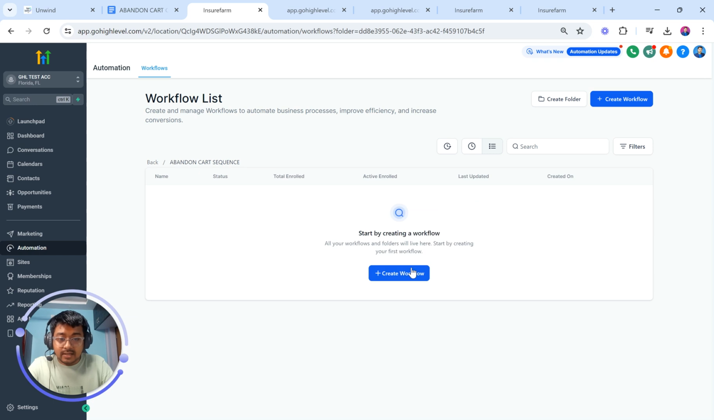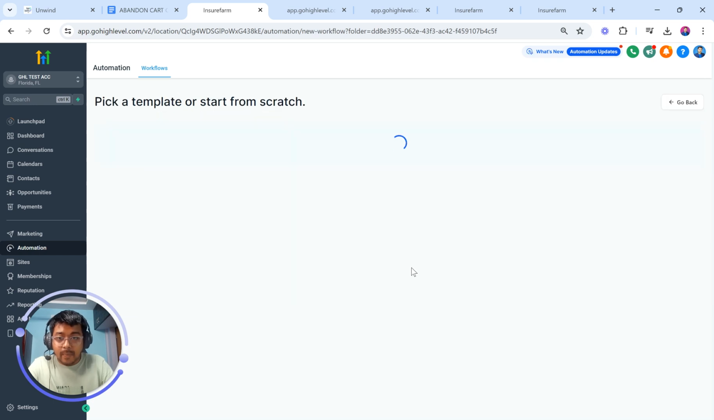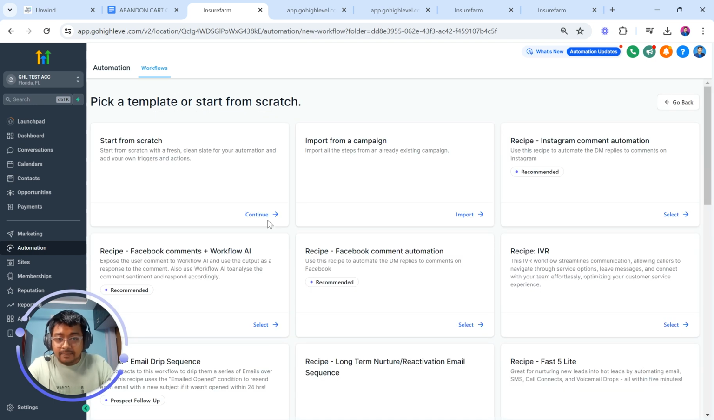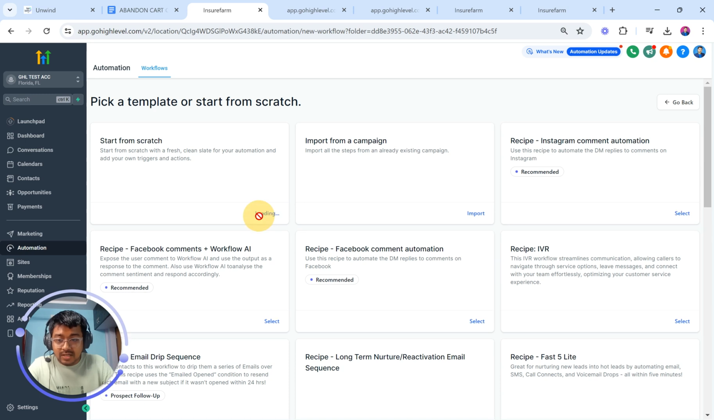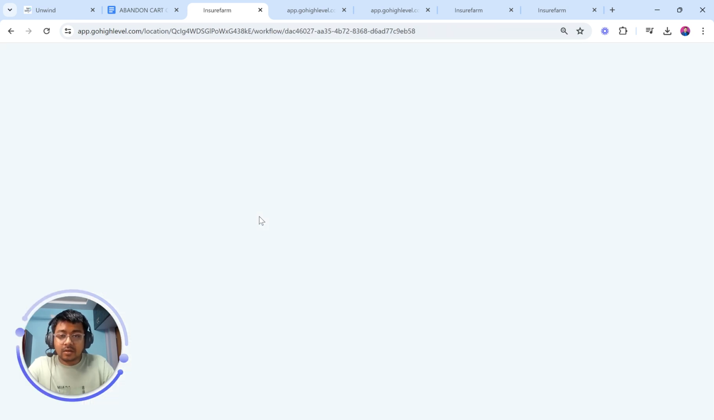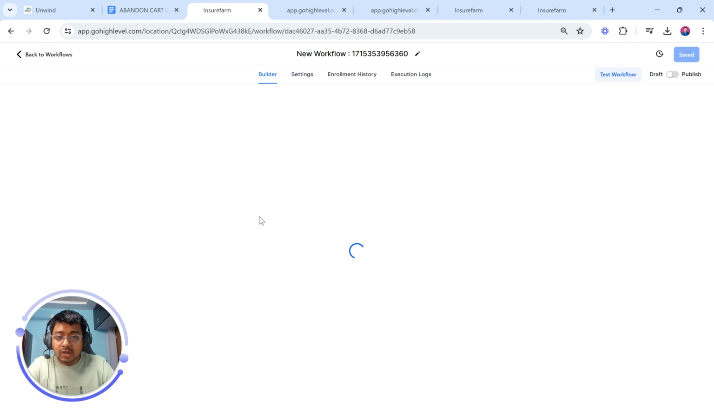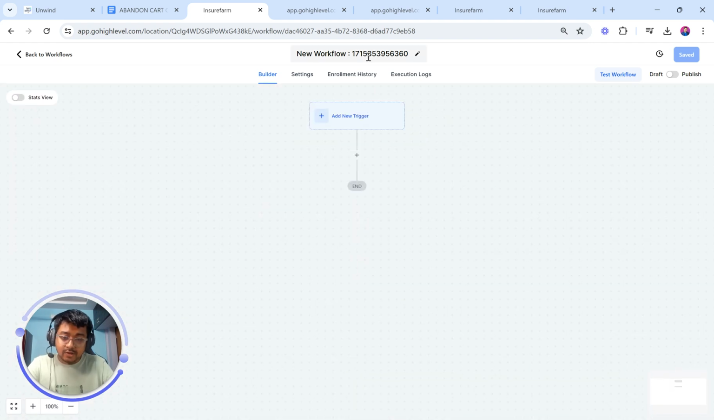Now I'm going to create that first workflow, which is the abandoned cart workflow. I don't need a template, so I'm going to start from scratch. So that's perfectly fine. Now this is going to open the builder. I quickly want to showcase to you what exactly the builder is all about because that's crucial. Once you know about the builder, you will be able to create your own changes and automations and all of